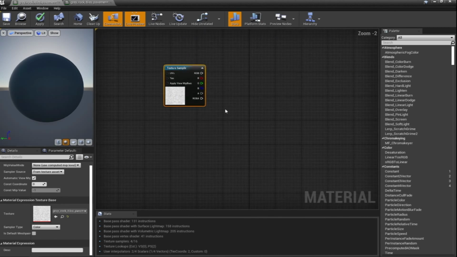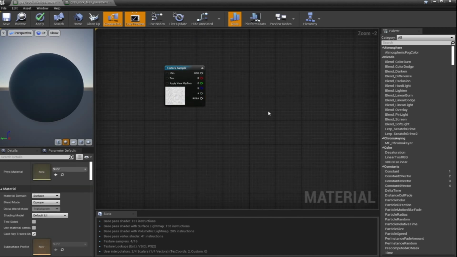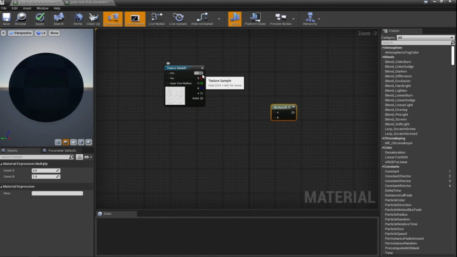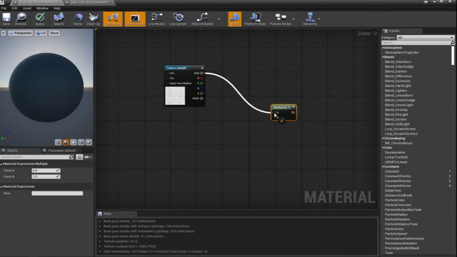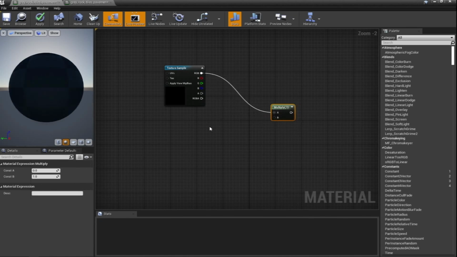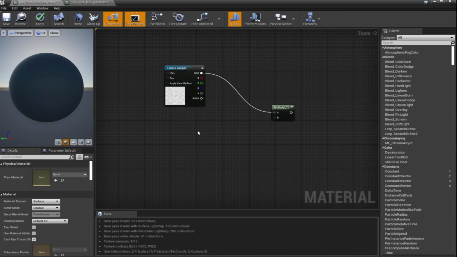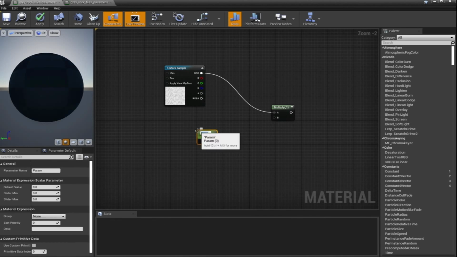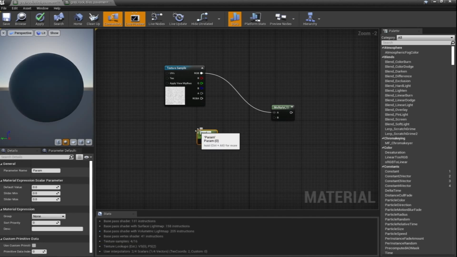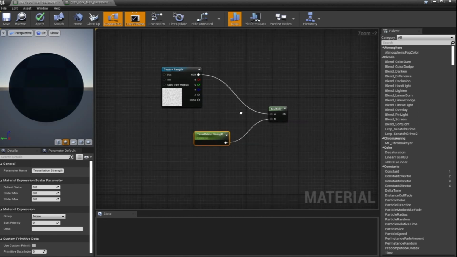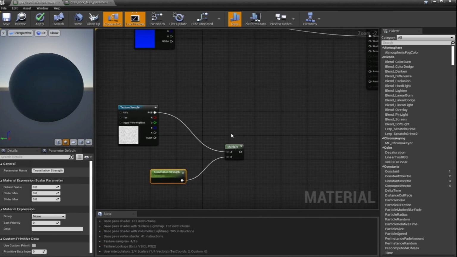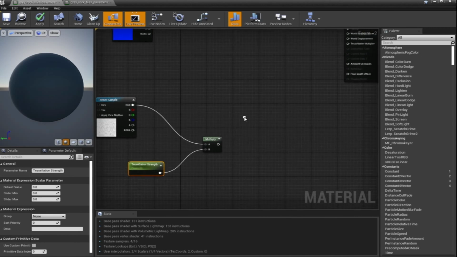So I'm gonna create a multiplier and connect the RGB to the multiplier, and S to create a scalar parameter. Call this tessellation strength, as it's the power of the tessellation. Tessellation basically represents the displacement or the movements of the vertex of the objects to the axis that will represent